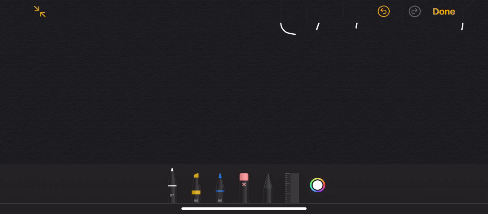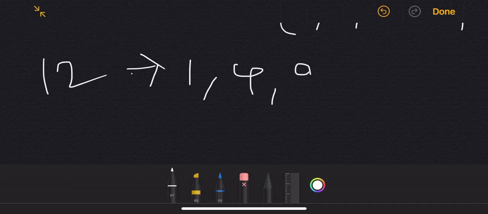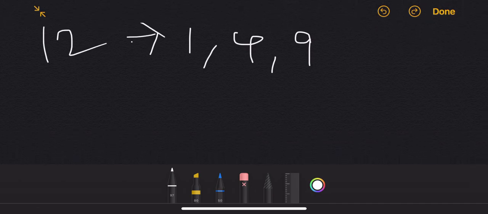So what to do now? Just give it a thought again. One thing is, our solution should involve all the perfect squares up to that number. See, for 12, what are the perfect squares up to 12? 1, 2 squared is 4, 3 squared is 9 and 4 squared is 16. We don't keep 16 because it is more than our number and we cannot split 12 into 16. So we just don't consider 16. These are the numbers that can contribute to 12, and we can use them as many times as we want and in whatever order we want.